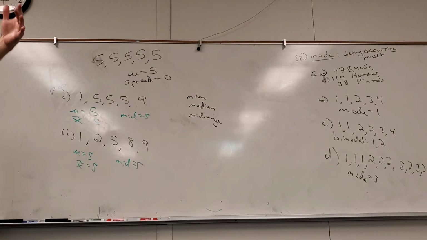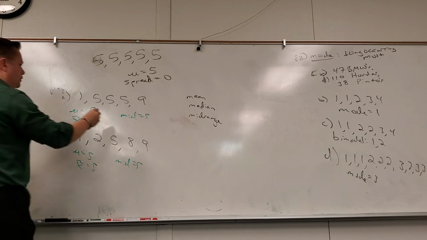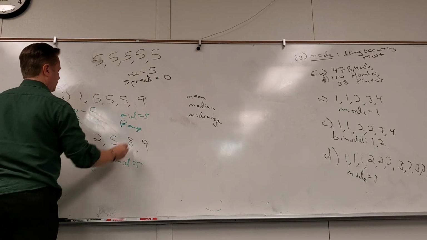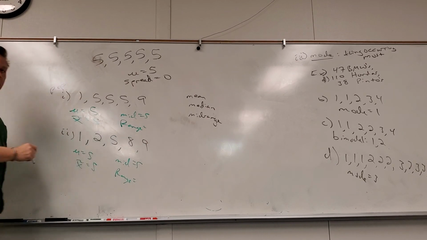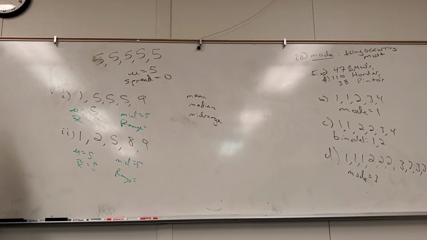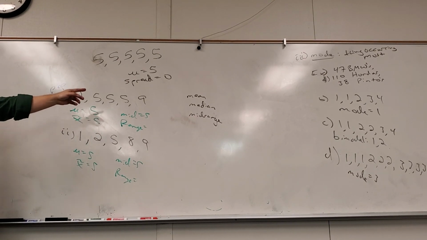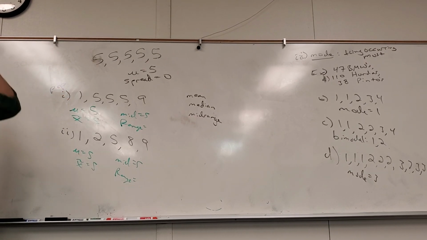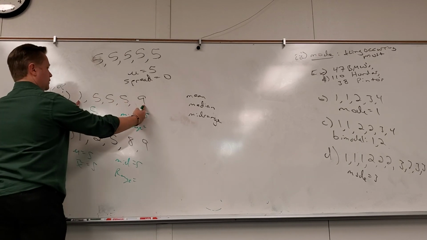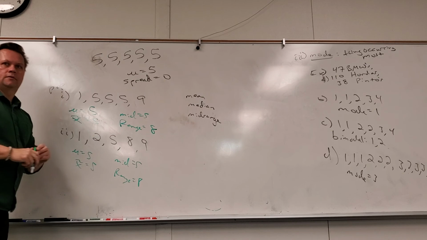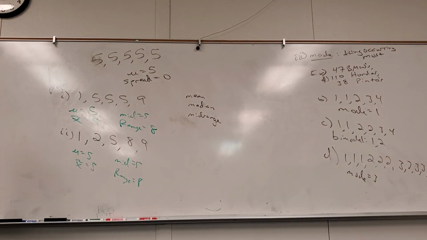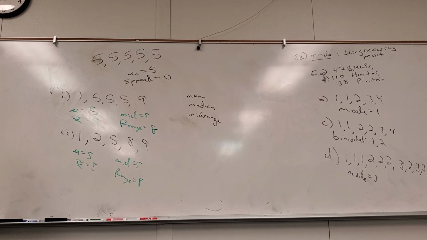What about the range? What's the range for both? Range is high minus low. How far does this data set go? 8. How far does this data set go? 8. So even the range doesn't distinguish between them. Do you understand what I'm trying to say here? The measures of center don't distinguish